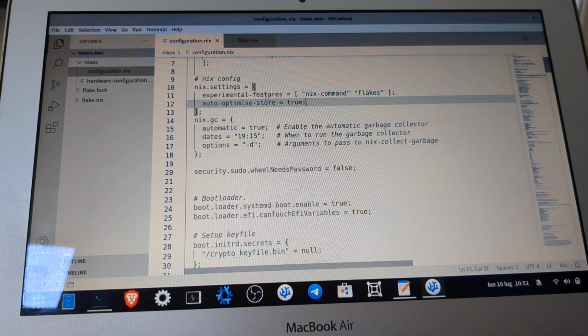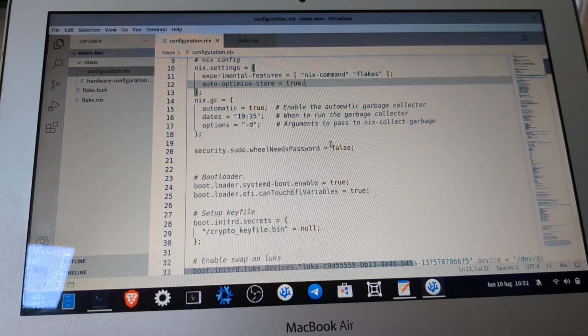You can garbage collect this unused software at a specific time of the day, or with a specific command.